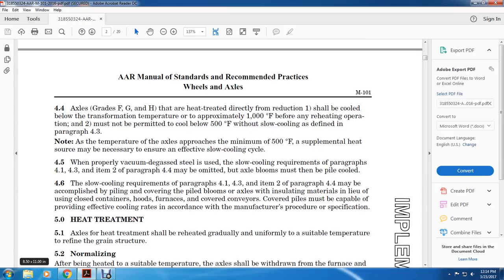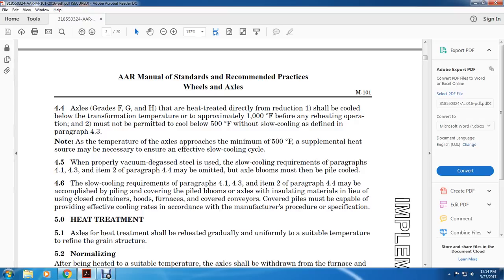1. Shall be cooled below the transformation temperature of approximately 1,000 degrees Fahrenheit before the reheating operation. 2. Must not be permitted to cool below 500 degrees Fahrenheit without slow cooling as defined in paragraph 4.3. Note the temperature of the axles, approaching a minimum of 500 degrees Fahrenheit. A supplemental heat source may be necessary to ensure an effective slow cooling cycle. 4.5. When properly vacuum degassed steel is used, the slow cooling requirements of paragraph 4.1, 4.3, and item 2